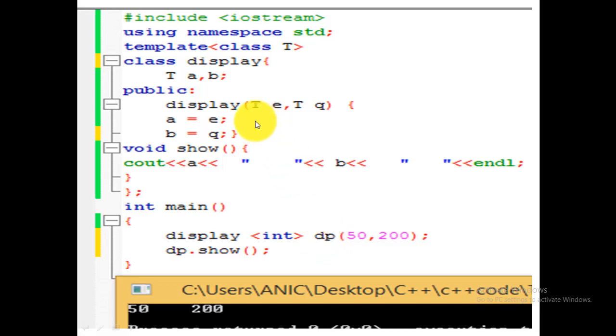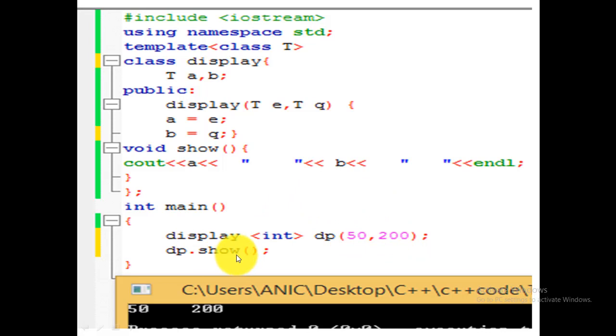As I have told you earlier, we created the constructor, so in the constructor we have to pass the values. Which type of values do we want? For example, if we want to pass int type values, then we have to define the data type while passing the values to the constructor. So we pass the data type int when we are creating the object. So 50 and 200, the data type is int.